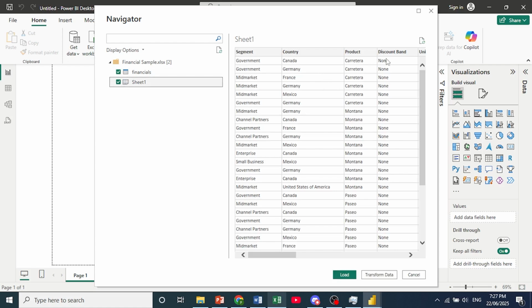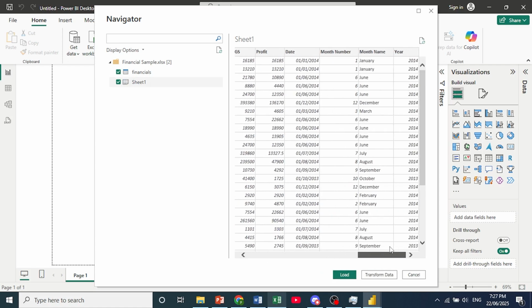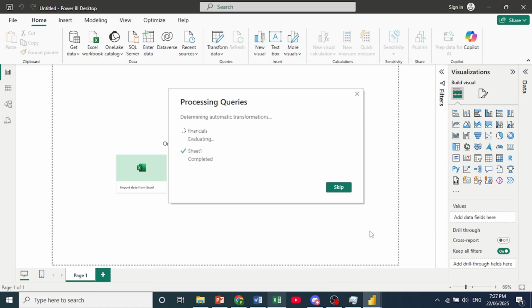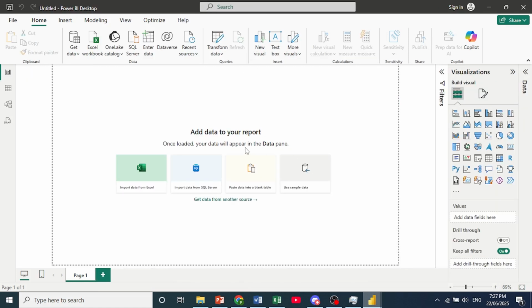And you'll also be able to see a preview if there's any data that needs to be transformed. Maybe date was not in the correct format. You can go ahead and click on transform data and proceed with that. But since everything is perfectly fine here, I'll just click on load and we'll get to building some visualizations. Okay, now while this is loading in, I'll come here to this one that I was working on, this report,